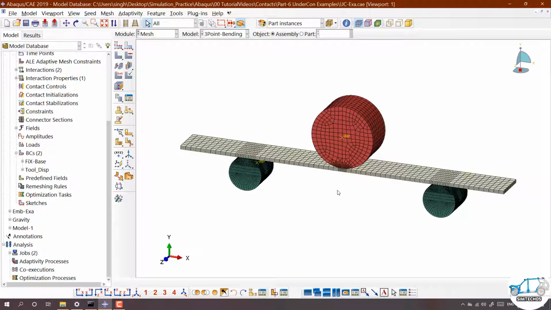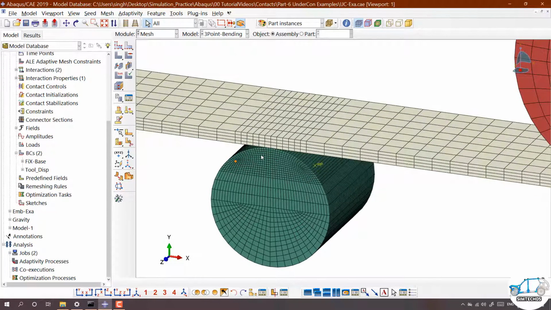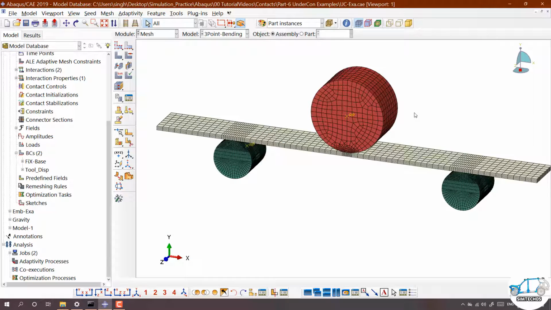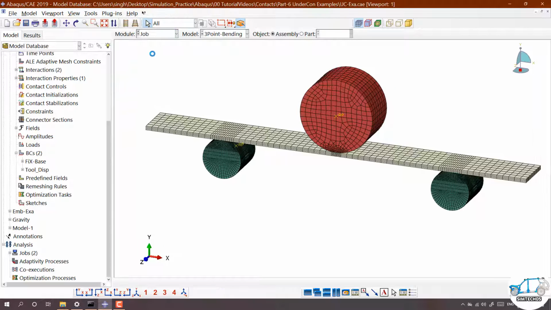Meshing I also did, but I made a little modification. Why? The contact area should be analyzed properly. If you have a large number of elements, or dense elements, in the contact region, you will get better result accuracy. After meshing you have to go to the job.